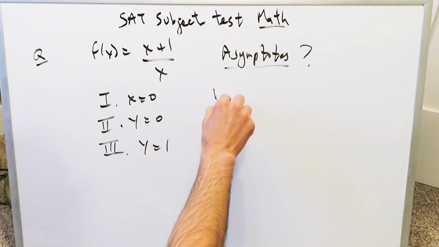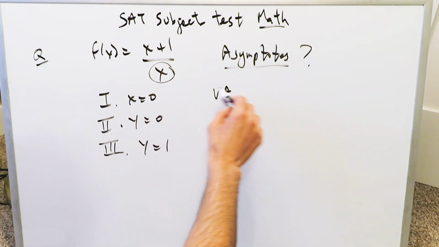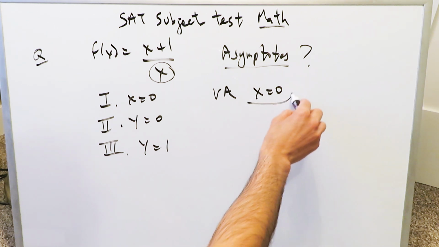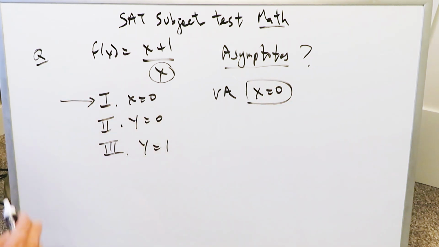Well, for the vertical asymptote, you always look at the lower denominator polynomial. And how would you zero it out? Just by putting a 0, you would zero it out, and that would represent a vertical asymptote. And then you're seeing an x equals 0, so this is one of your possible answer choices, because